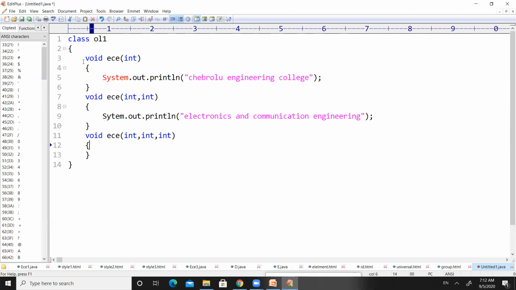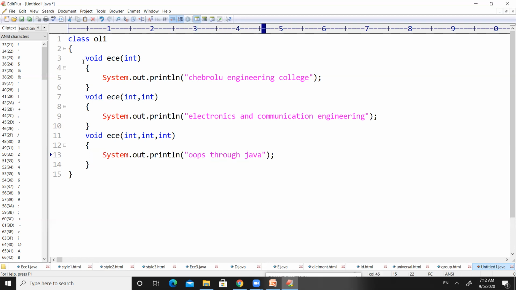And inside the third method, I want to print our subject name. So here clearly the function has been overloaded in terms of number of parameters.